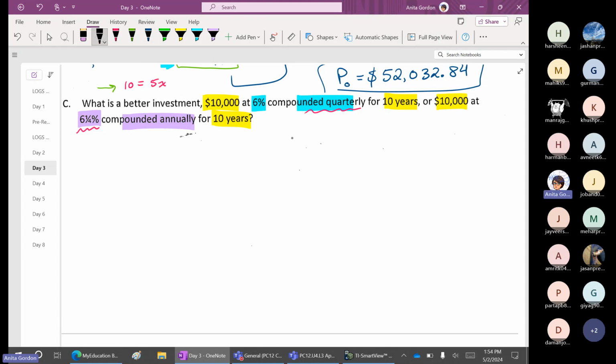So because I'm comparing 2 methods, I'm just going to split my screen here. I'm going to set up the first half of the equation. I'm starting with $10,000. 1 plus 0.06 compounded quarterly for 10 years, or